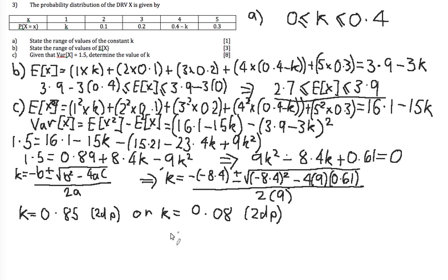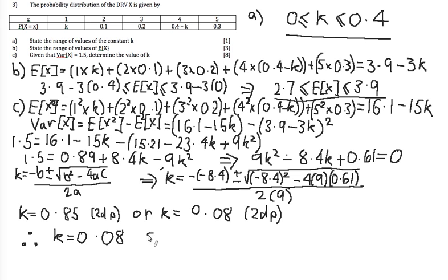Just a final note at this point, we shouldn't really have 2 solutions. In terms of a quadratic, yes, we are expecting 2 solutions, but only one of these applies to the question that we're doing at the moment. And so how do I determine that? Well, if we go back to my original range, what I know is that k must lie between 0 and 0.4. So just a final statement, and your final mark is given for this, and you lose this mark if you don't get it. Therefore, k equals